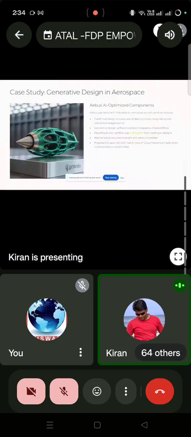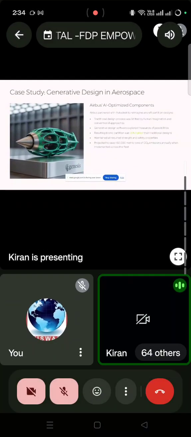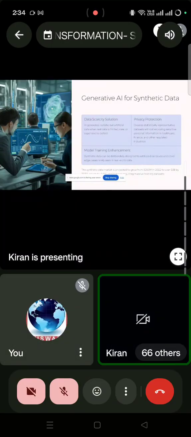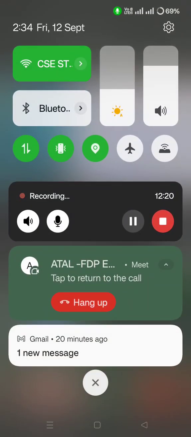Even small design improvements, when scaled up to the aviation industry, which is big, right, can have a massive environmental and economic impact with AI. So we'll talk about generative